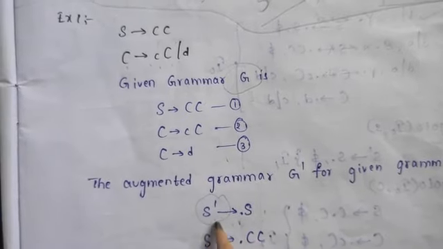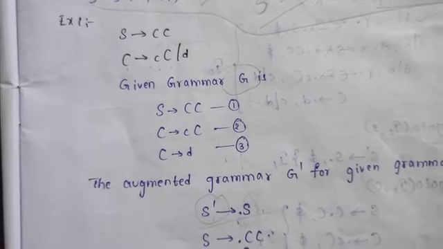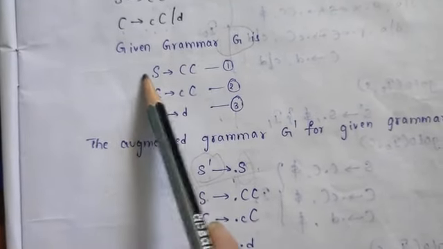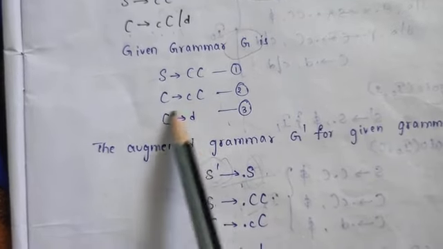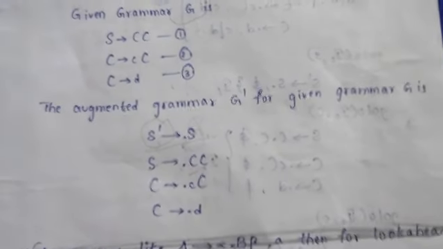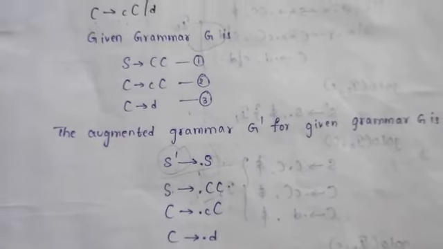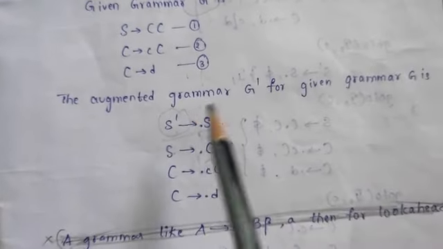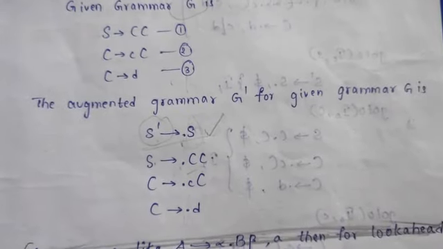Then based upon this statement the dot will be before the non-terminal. For that reason we place all S-related productions: S tends to this, again the dot will be before capital C. So the capital C productions, these two, can be placed here starting with a dot. So finally this is G dash. Why? Because this is the augmented grammar. The imaginary production is added for this, for that reason this is the augmented grammar G dash.